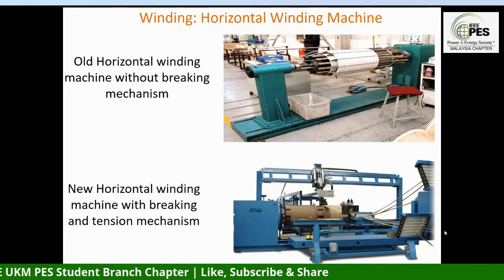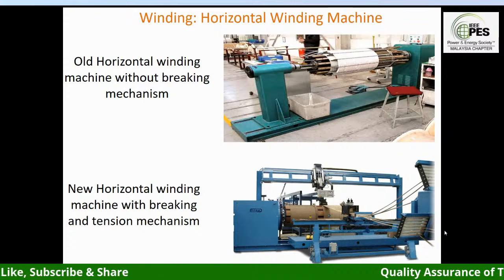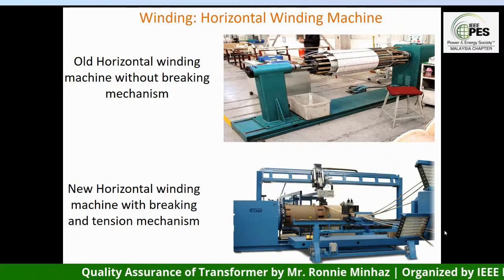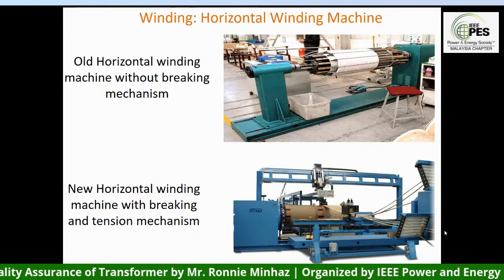Is there any gap between the turns? Is there any gap between the sections that can allow the winding to move around when a through fault happens in the system? So in the top picture, you see